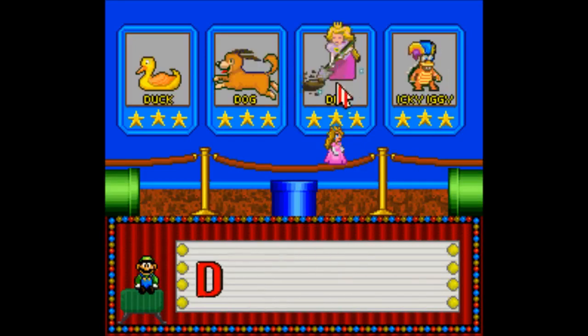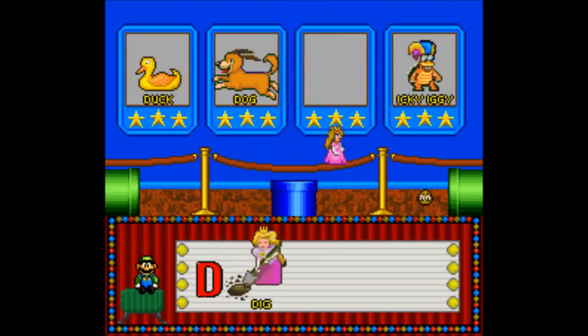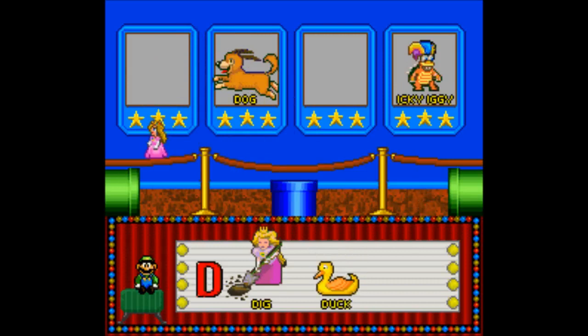Pick a word that starts with the letter D. You found it. You found dig that starts with D. Dig. Choose a word that starts with the letter D. I like your choice.